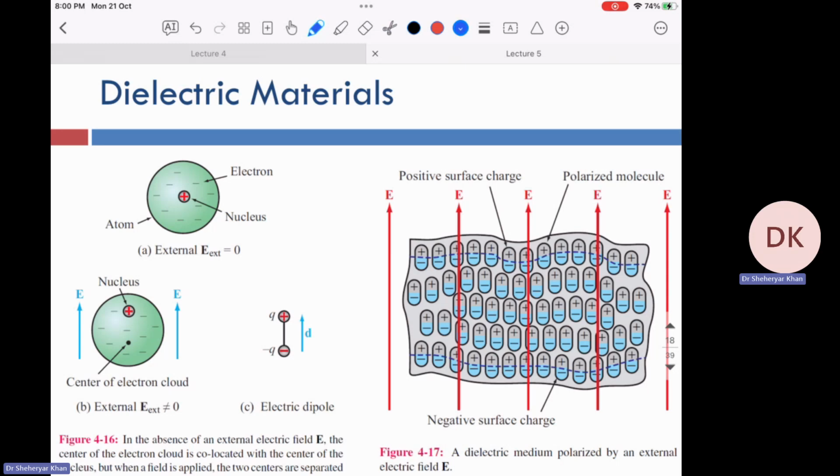Not shown here, but you see that they are aligned according to the externally provided electric field. So positives are more aligned at this position, and all the negatives at this position: minus plus, minus plus, minus plus. Now what happens is